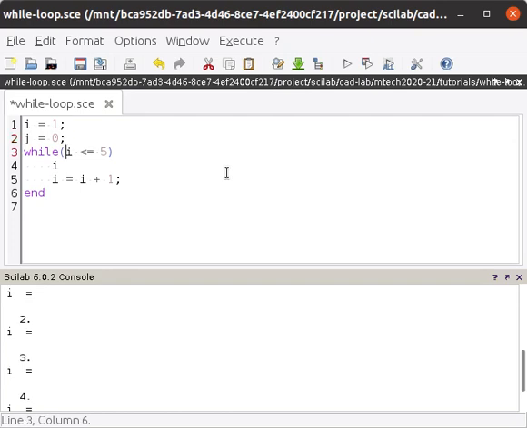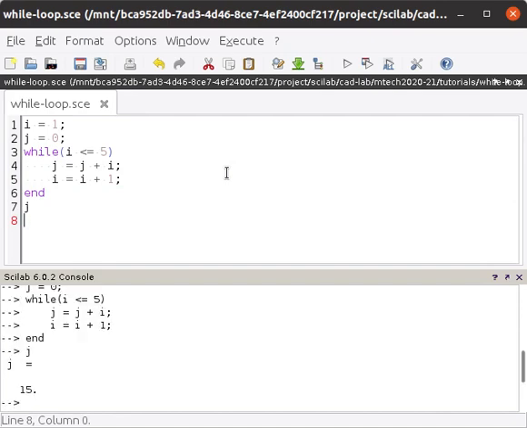Now j is equal to j plus I. This is the calculation we are doing here. Now here we will print its value. As you can guess, what the value of j will come. So j